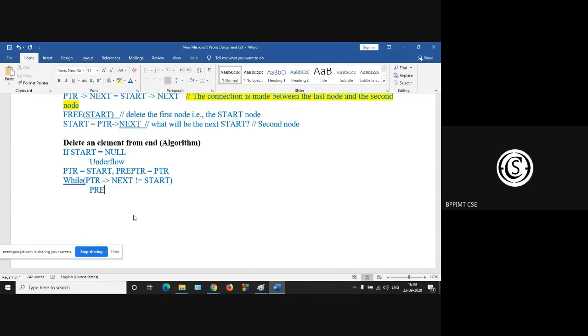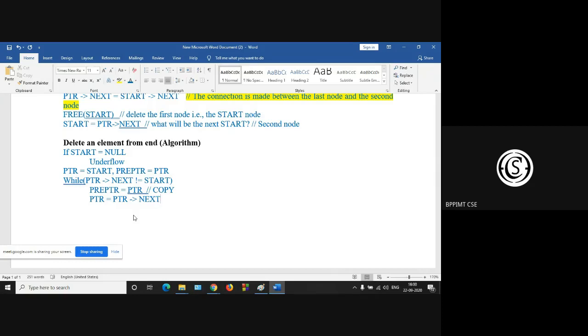So before proceeding, pre-PTR is equal to PTR, copy the advanced pointer to the previous one. And the next one is the PTR. PTR is PTR arrow next.